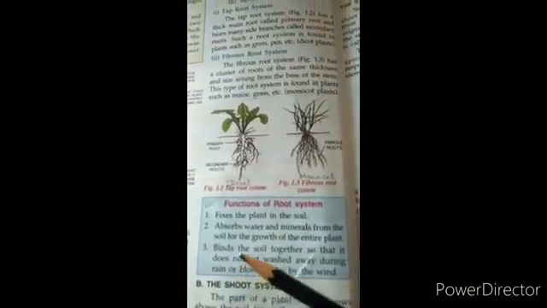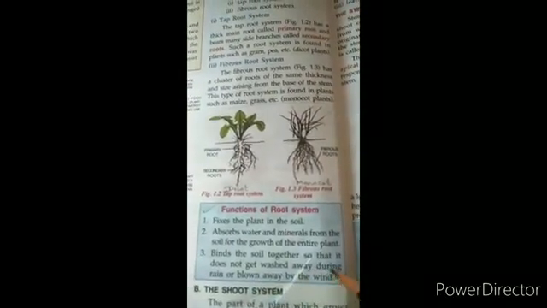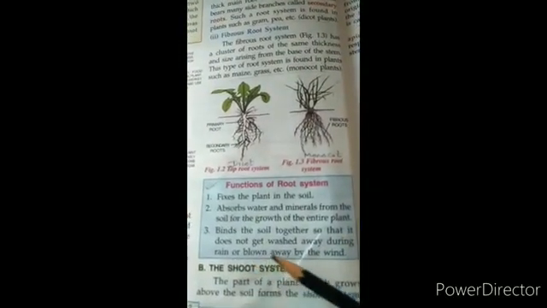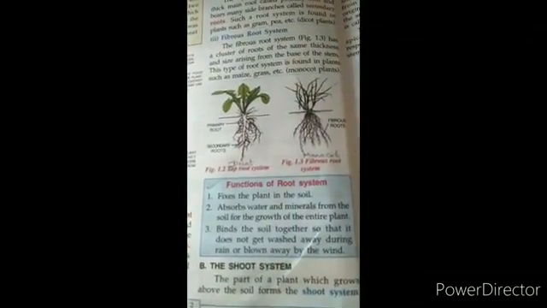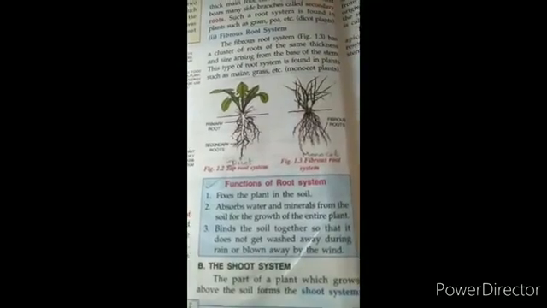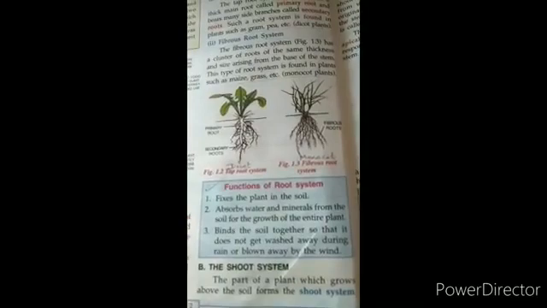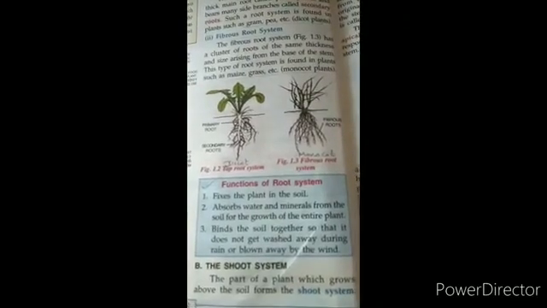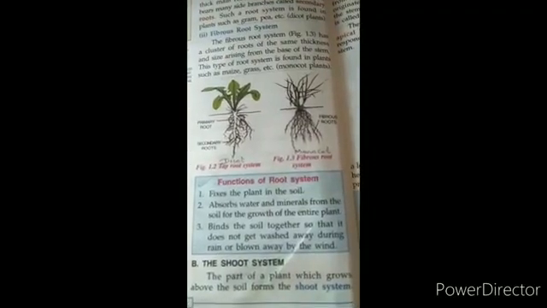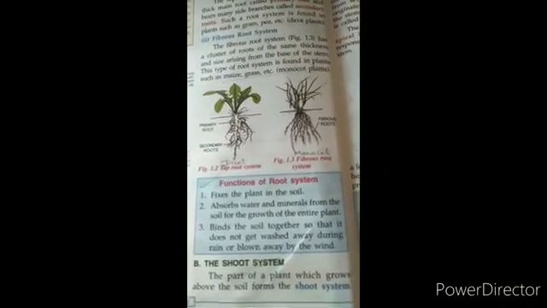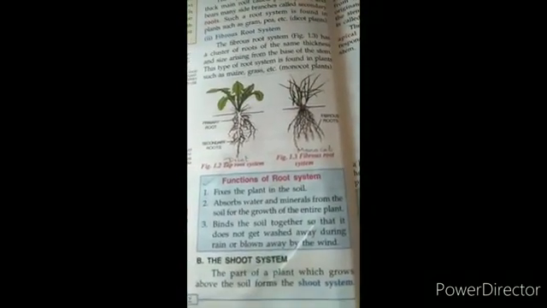And the third one we find here, binds the soil together so that it does not get washed away during rain or blown away by the wind. So we know that on a barren land where there are no plants or grass, it will be easy for the soil to get eroded when there is wind or a strong current of water flowing. But if that particular land has a lot of grass and trees on it,